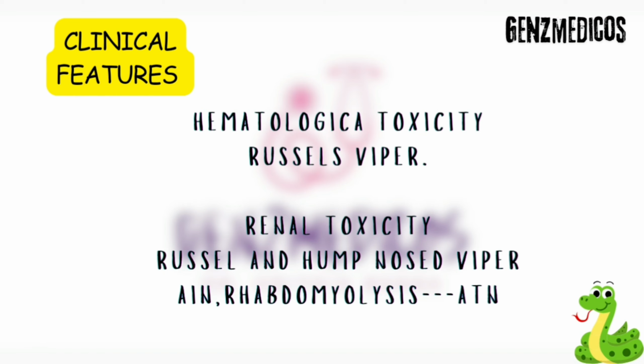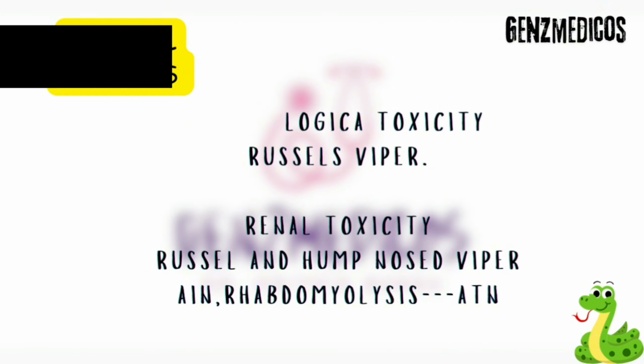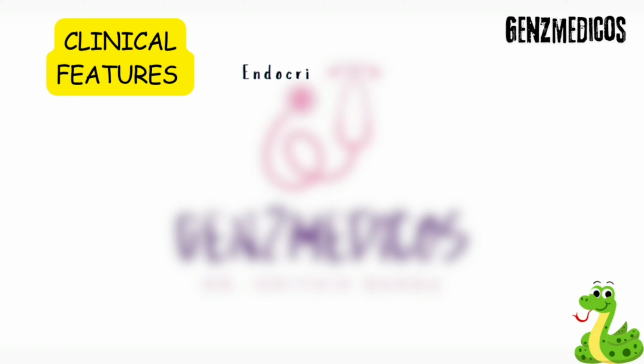So what happened in the renal toxicity? It causes acute interstitial nephritis. If it is also involving muscles, rhabdomyolysis, then it will lead to acute tubular necrosis. See, Russell is the boss. It will involve kidney (nephro), neuro (brain), blood (hemovascular), and also